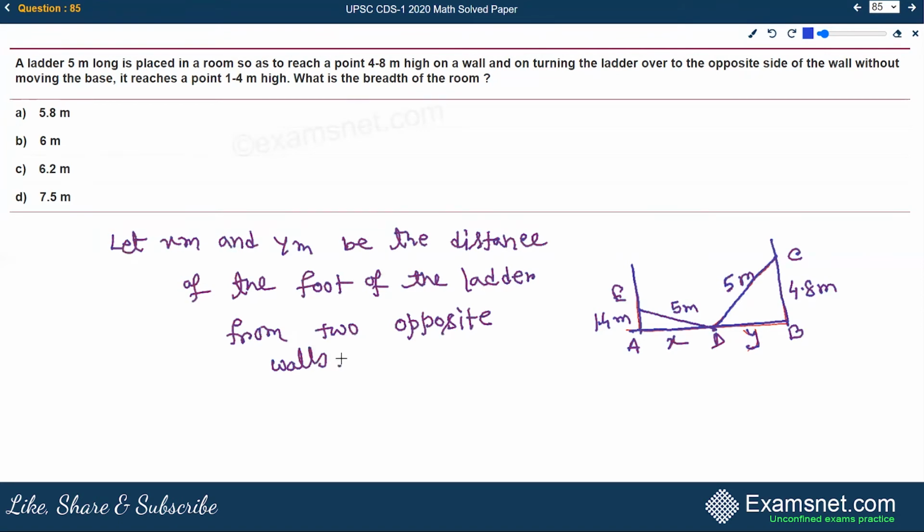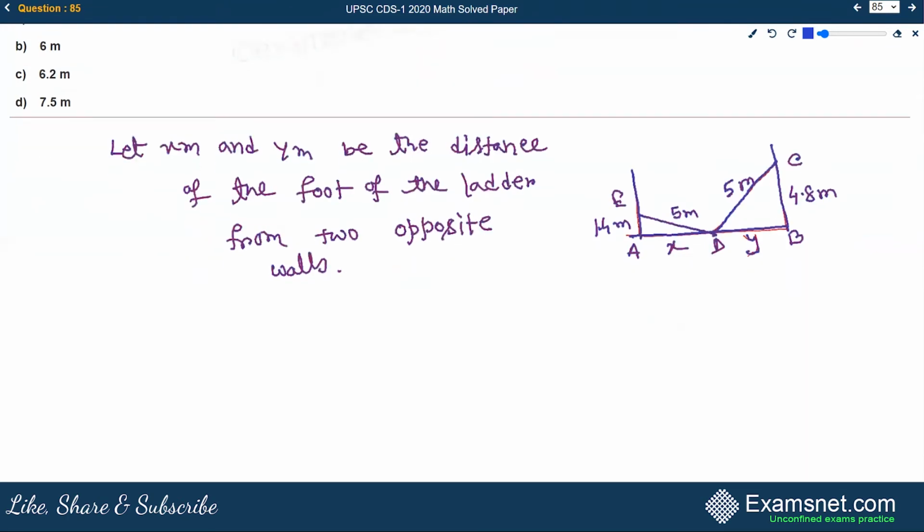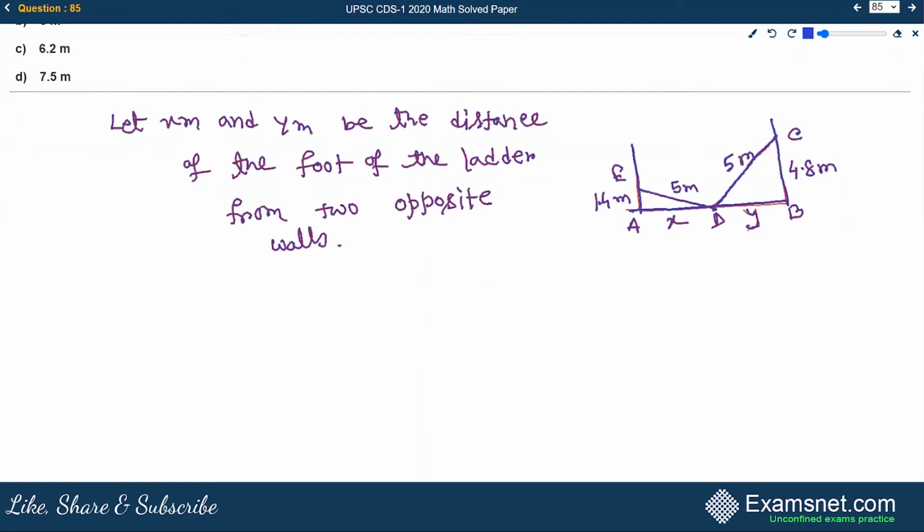Two opposite walls as shown in the figure. Here we are getting two right angle triangles. One is AED, another one is BCD. So the length of the sides will satisfy Pythagoras theorem. Now applying Pythagoras theorem,